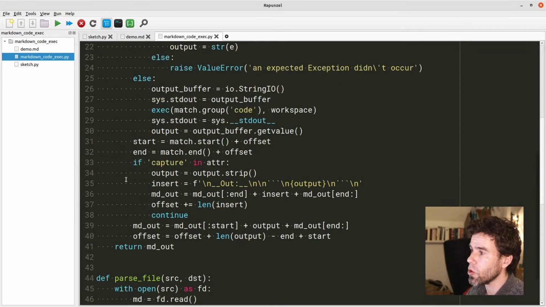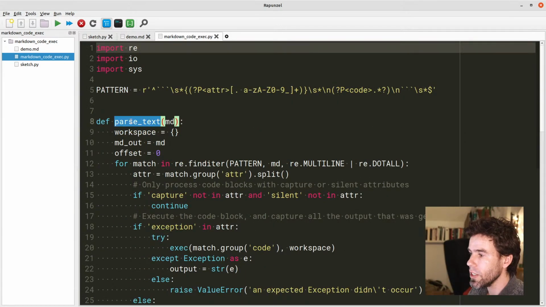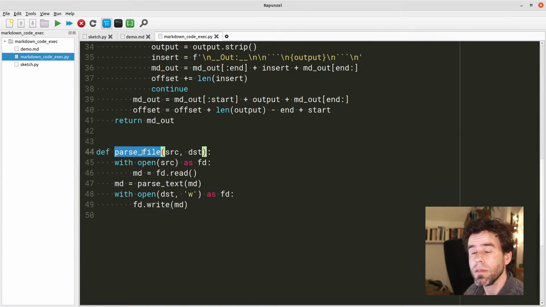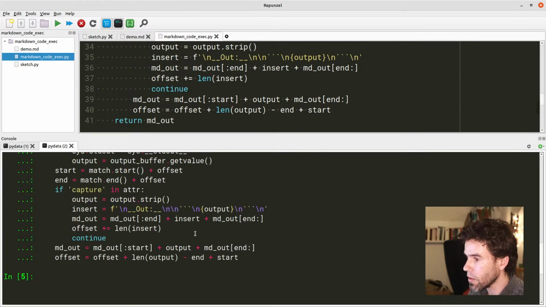And our module contains two functions, parse text and parse file. How do we use them? Well, in exactly the same way as we would use any kind of function. So let's just actually use it manually. I open the interpreter here